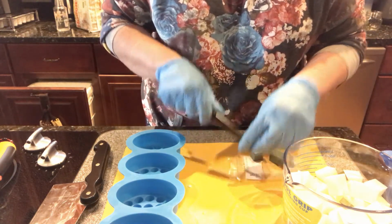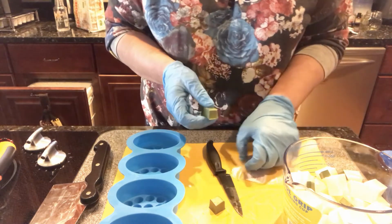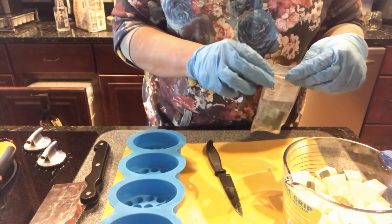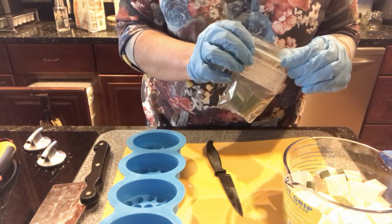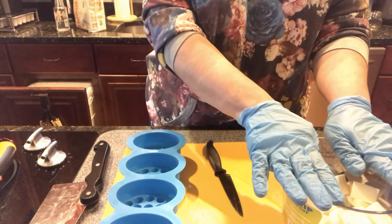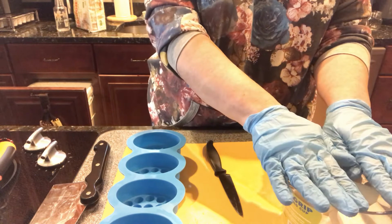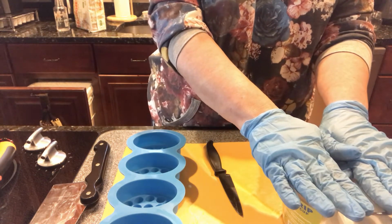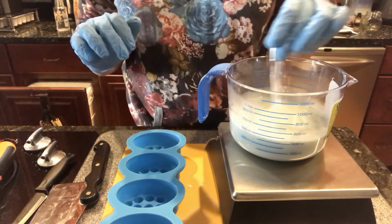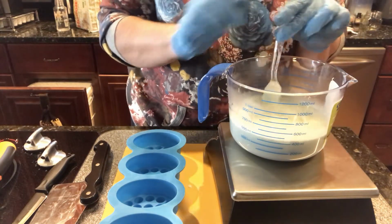So for this particular melt and pour, which I'm going to be scenting with the Lush Succulent fragrance oil, I'm putting in 1/4 Evergreen color block from Brambleberry. So put that off to the side. Going to go ahead and do this the same way we did the other one, in a couple of 30-second bursts, a couple of 15-second bursts, and then we'll be ready to go ahead and measure in our fragrance oil. Okay guys, so we're back and we've got our second batch of melt and pour completely melted